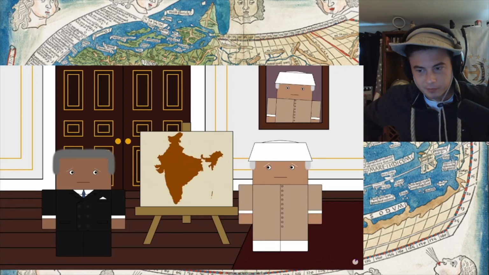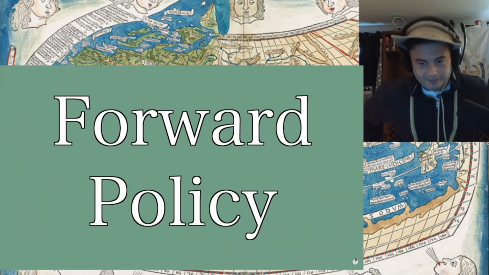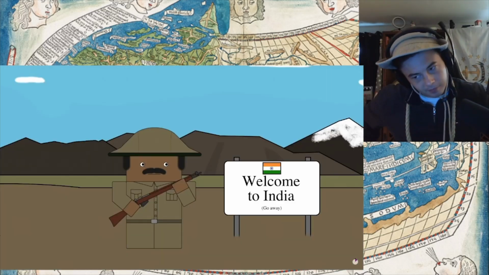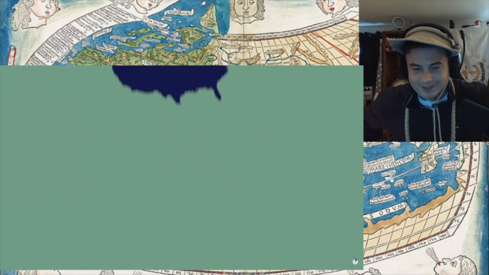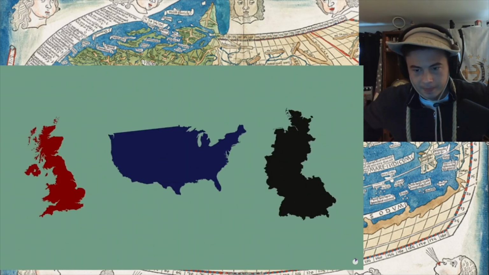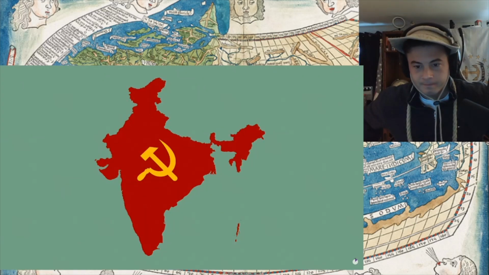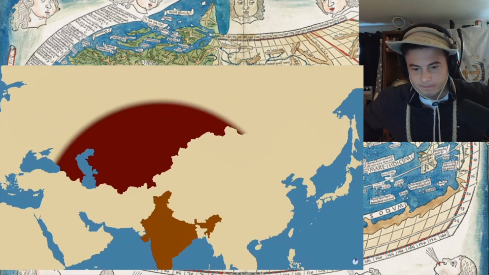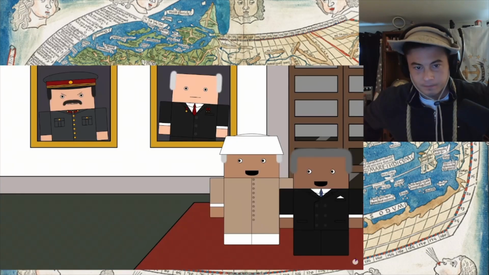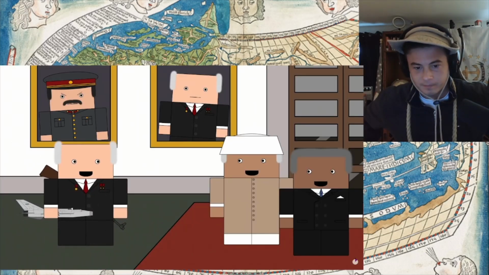The Indians, fearing an escalation, created the forward policy, which would build up their border defences and make India's claim to the land indisputable. They also approached the Western powers for advanced weapons to defend themselves, a request that the West denied because India was seen as being too soft on communism. As such, the New Delhi government turned to the Soviet Union, who, having fallen out with China, was happy to make an ally and damage a former friend.